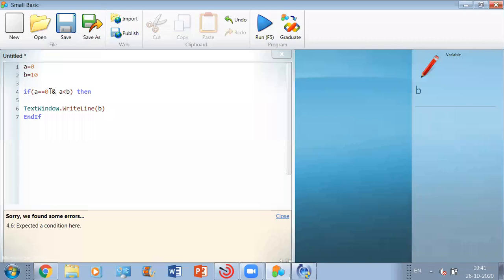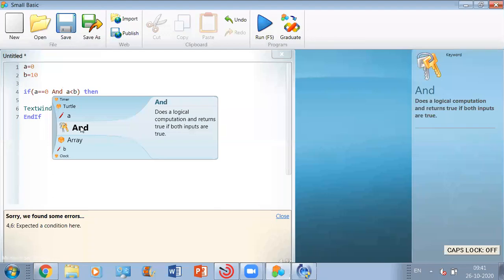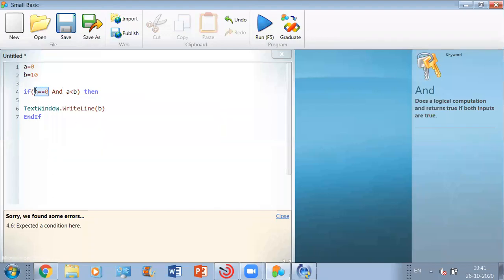It's given on page number 113. If you want, you can just check it out. It's the AND operator which you have to make use of. So if A is equal to 0 and A